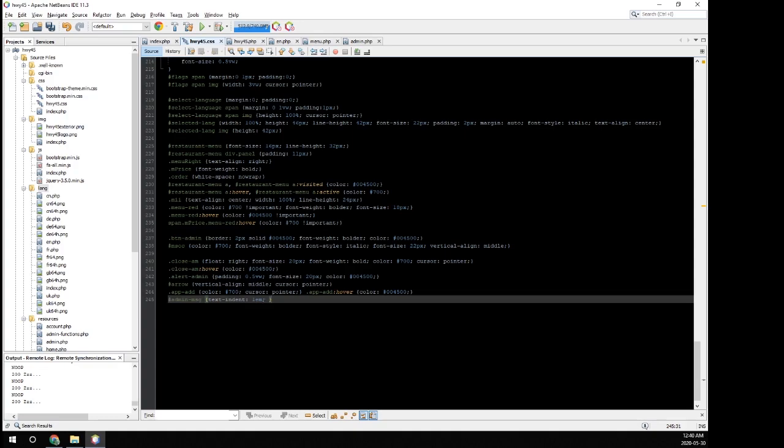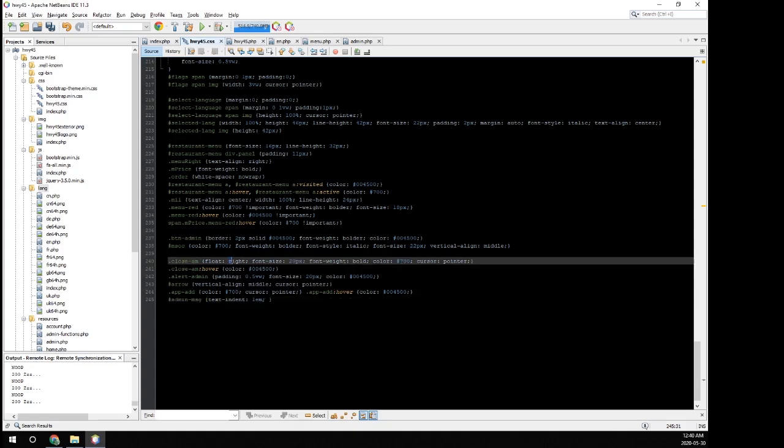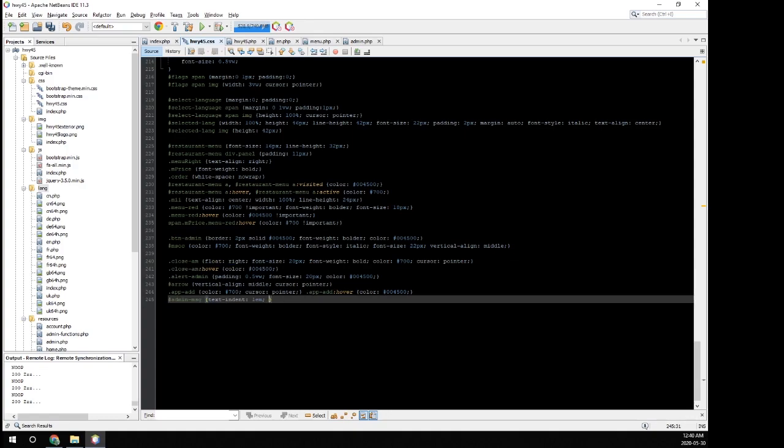Basically what 1 em for text indent will do is give you basically 2 characters of spacing. So if there's 2 lines, the first letter of the top line will start basically at the 3rd letter, more or less. And then we're going to give it a color of pound 333, which is our gray color,